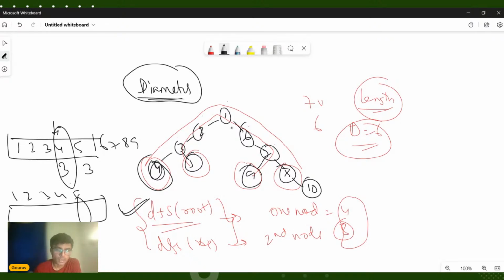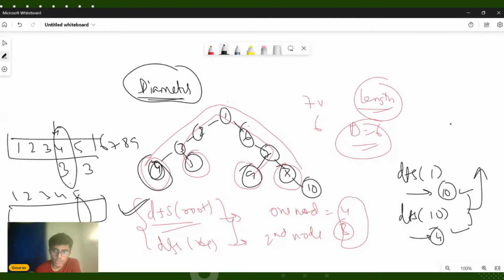Okay. So now once you run a DFS from 1, it will return the farthest node that you can get from the root, which is equal to 10. So this will return node 10. Now you will again run a DFS from 10. The farthest node from 10 would be, counting 1, 2, 3, 4, 5, 6, either 4 or 5. Let's assume 4. So the distance between node number 10 and node number 4 is equal to the diameter of your given tree. Okay. So let me show it to you in the code part.